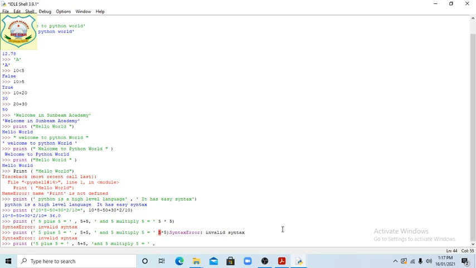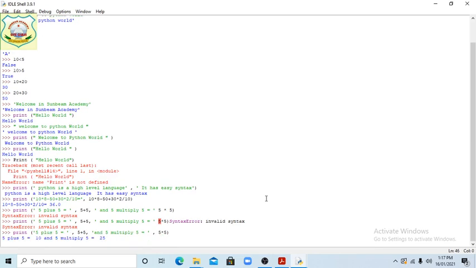Okay, see there, if you forget the comma, your answer will not come. Now 5 multiply 5, see here, 5 plus 5 equal 10 and 5 multiply 5, that is 25. Clear, students? So next one is, students,